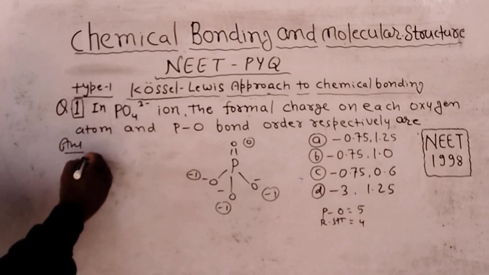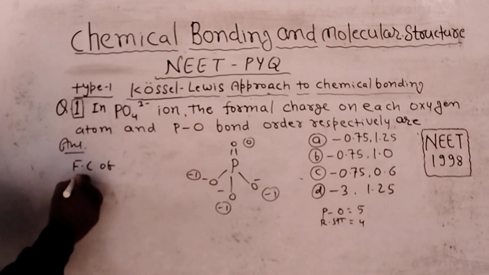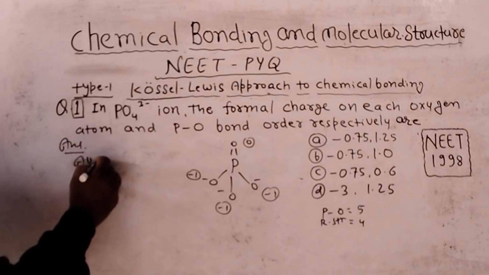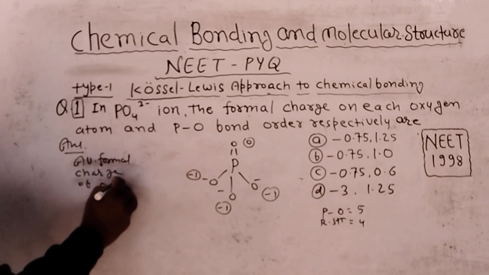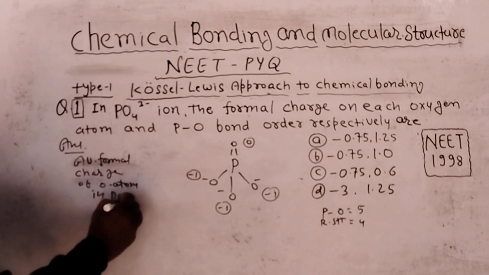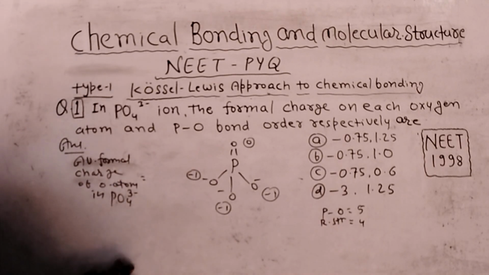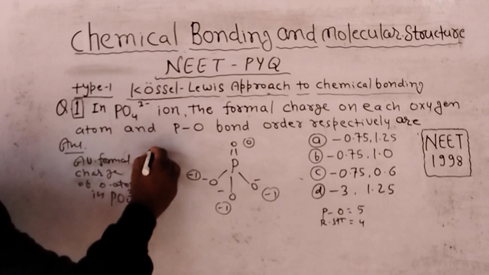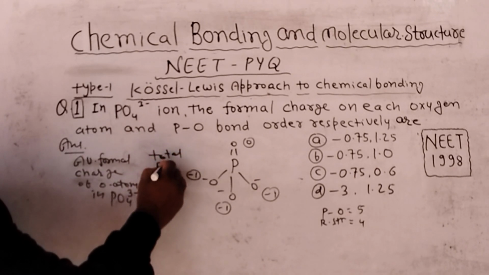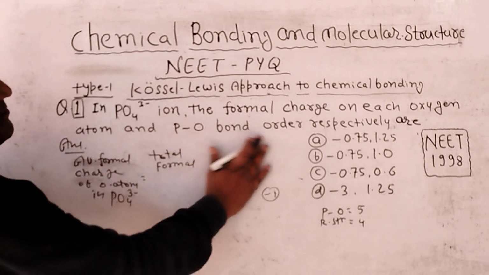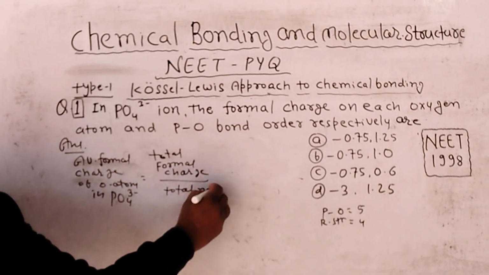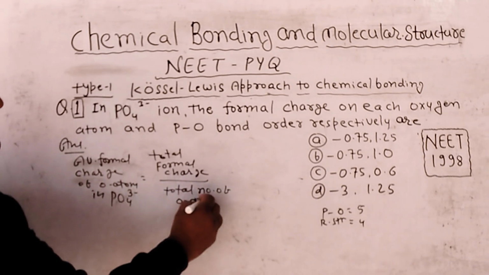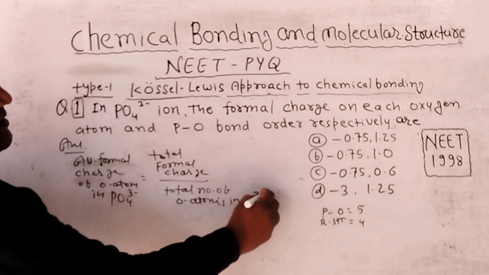So the average formal charge of the O atom in the phosphate ion is equal to, the formula is, total formal charge divided by the total number of